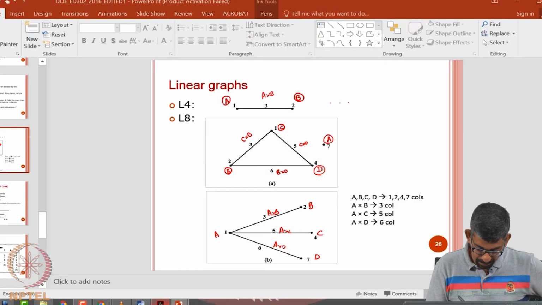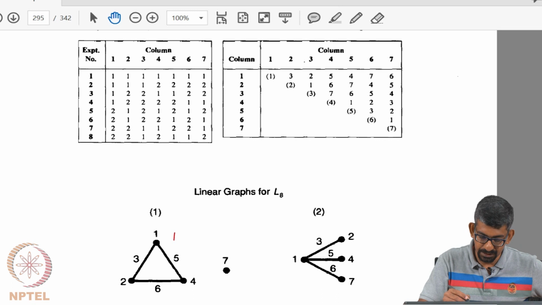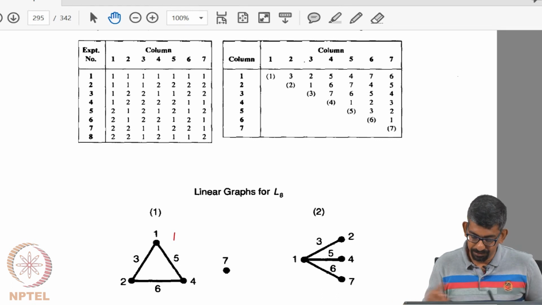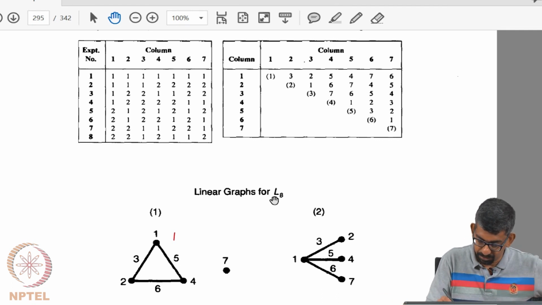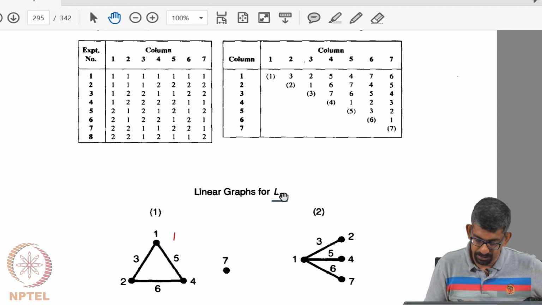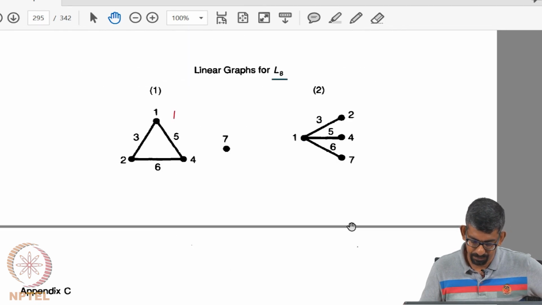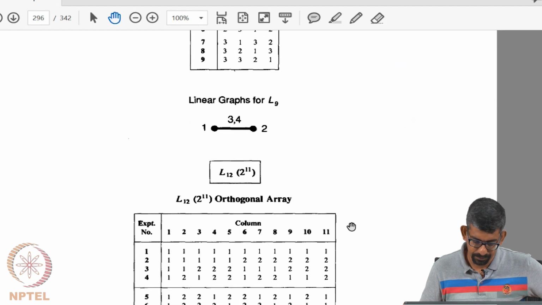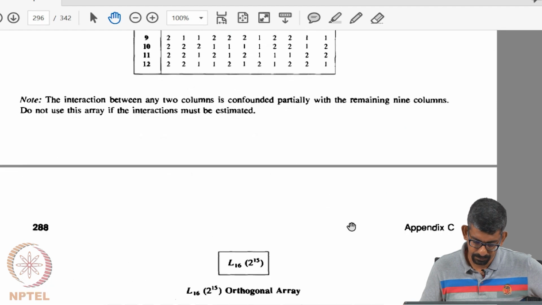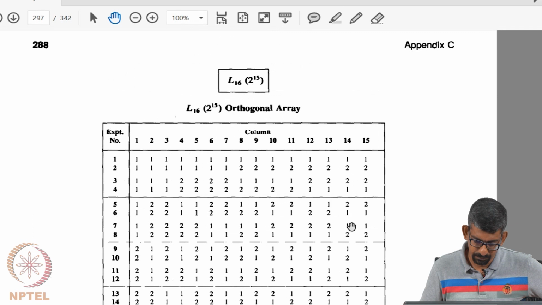So, now if you go back to the book, basically for any of the array that you are talking about, whether it is L8 or L4 or L16 or L32, whatever you are talking about, you will have such linear graphs. Okay.